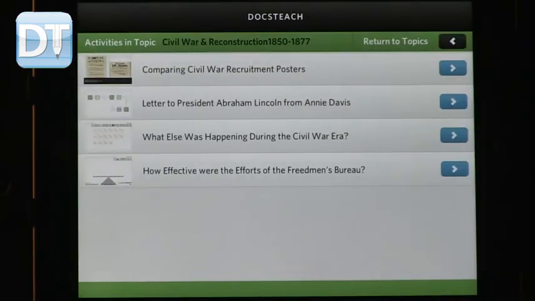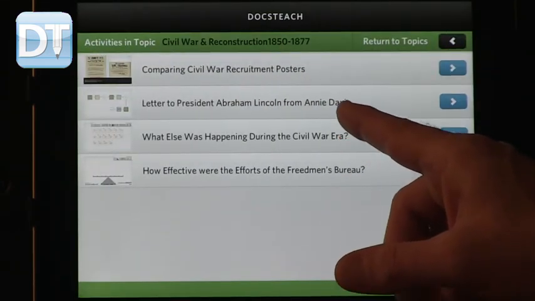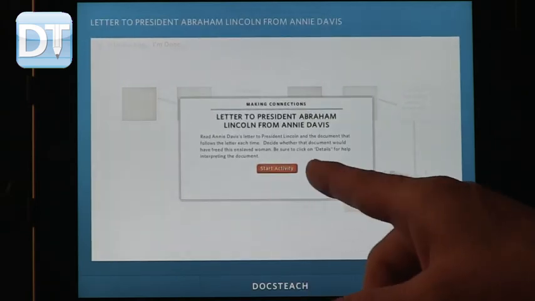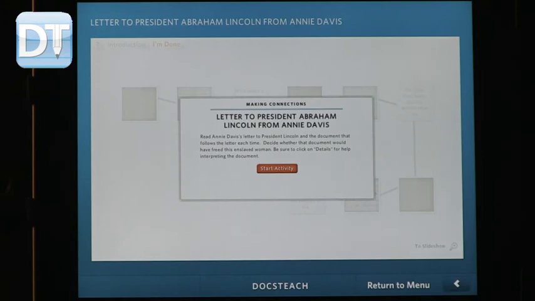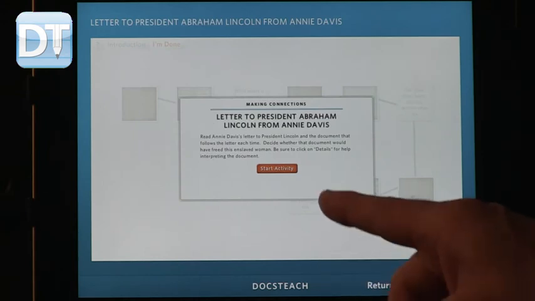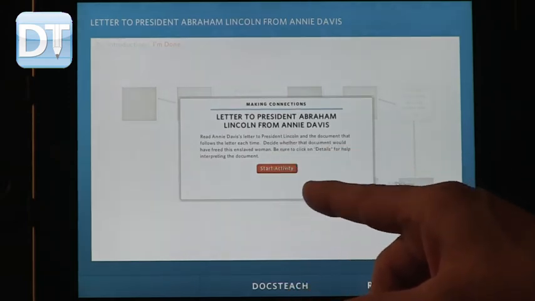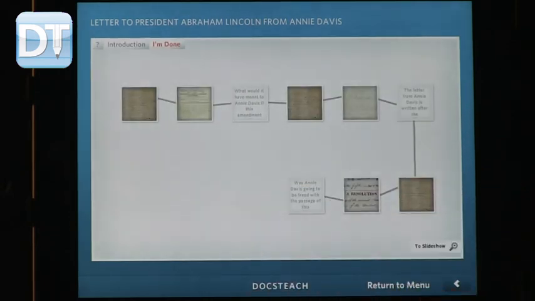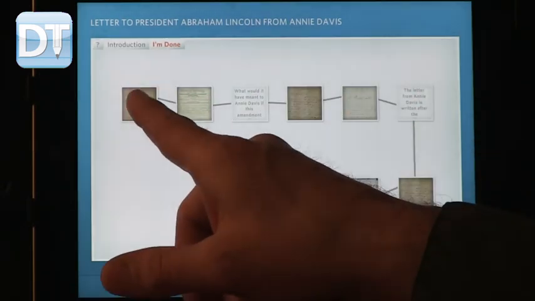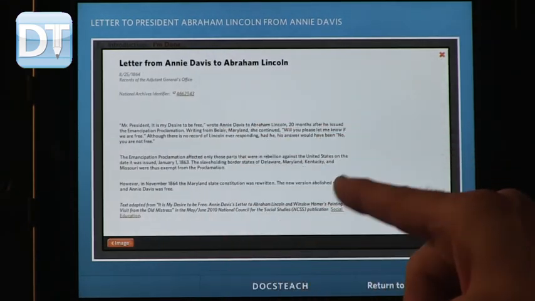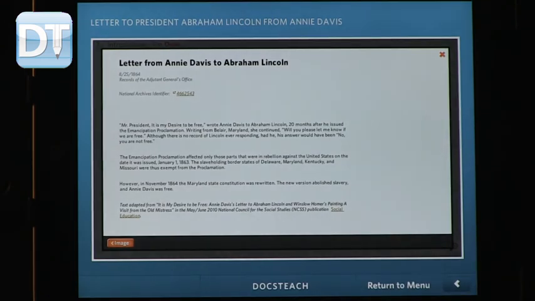It goes by category or by era, and here, a letter to President Lincoln. The activity loads, and here are the directions. Read the letter to the president and the document that followed the letters each time. Decide whether that document would have freed this enslaved woman or not. And you see, there's a chain of documents with the original document coming up. This is the letters. And if you click on details, it is also transcribed. So if you can't read it, or it's hard to read, especially on a smaller screen,